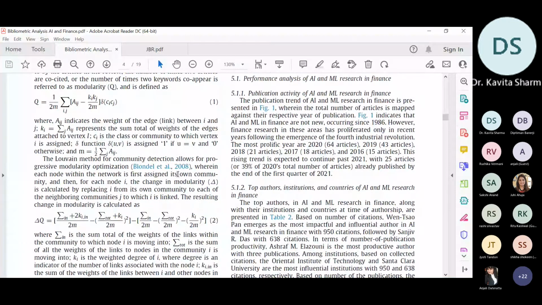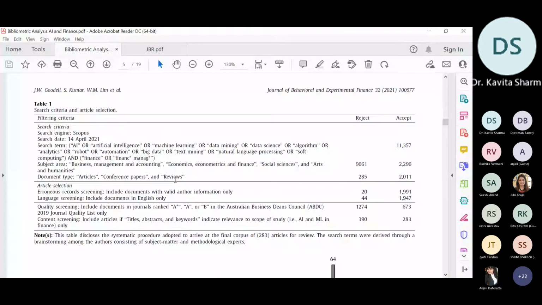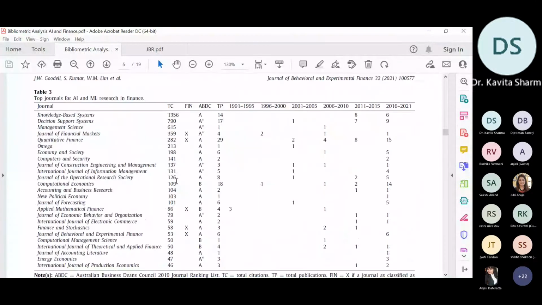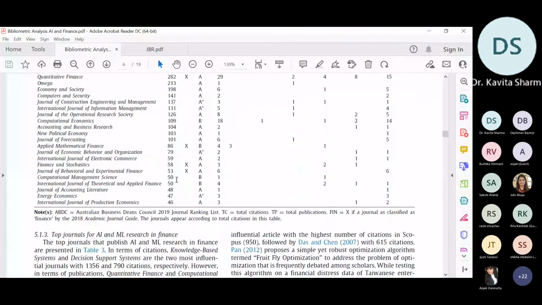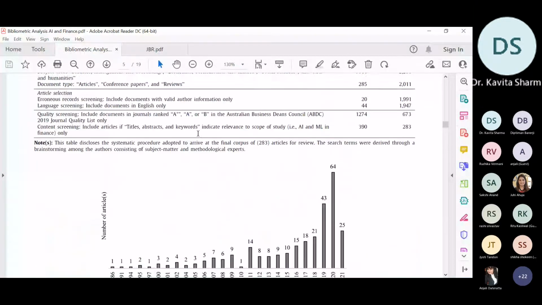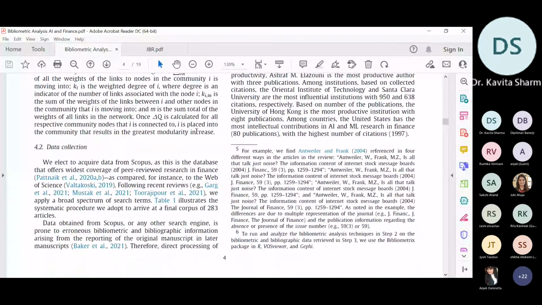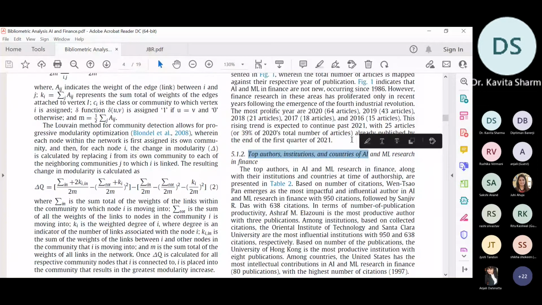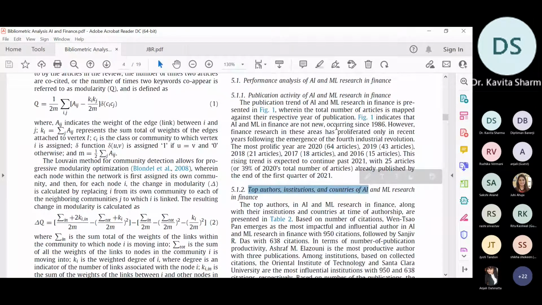Performance analysis. Figure 5.1.3. Our figure is figure 1. See, the top authors, top institutions, and country on AI. Yes, here it is.